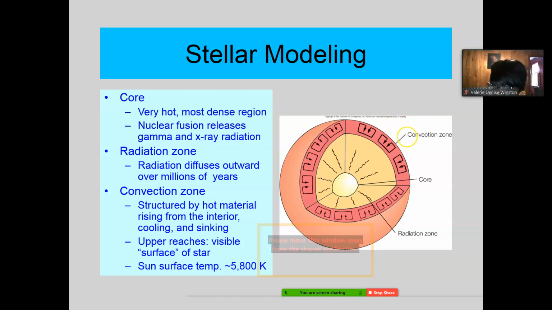About 25% or a quarter of the radius is from the center of the core to the outer part of the core. Between 25% and 70% is the radiation zone, and 70% to 100% is the convection zone. That's the only thing new that this figure showed that the previous did not.